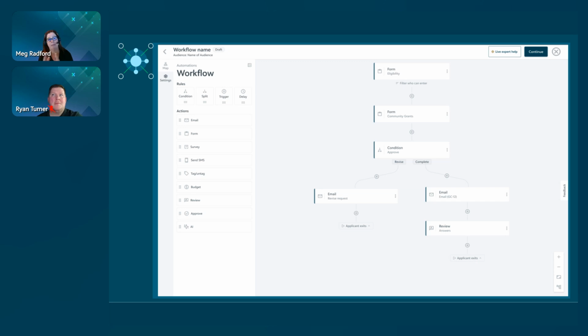You can see on there, they can make decision trees. If yes, make it go this way. So that's conditional logic. If no, it will go to the other pile of not approved in the review, something like that. So where AI plays a role in this is AI can help suggest which nodes that you might